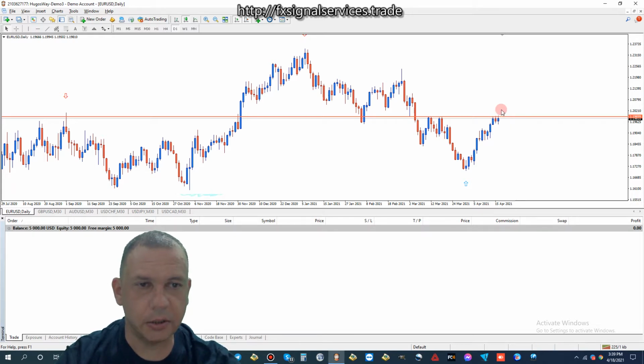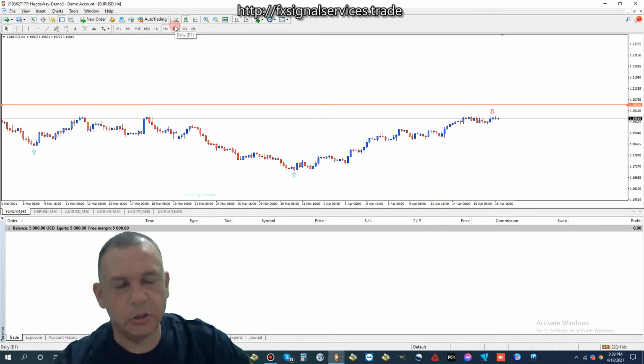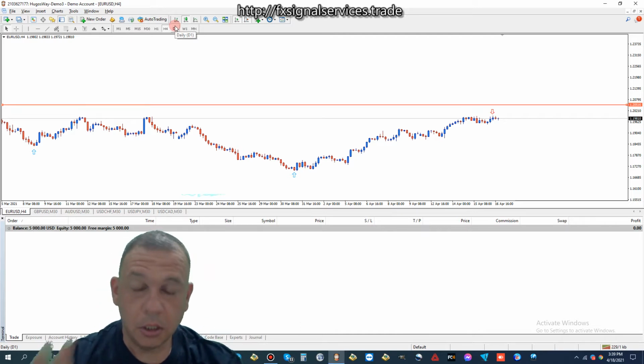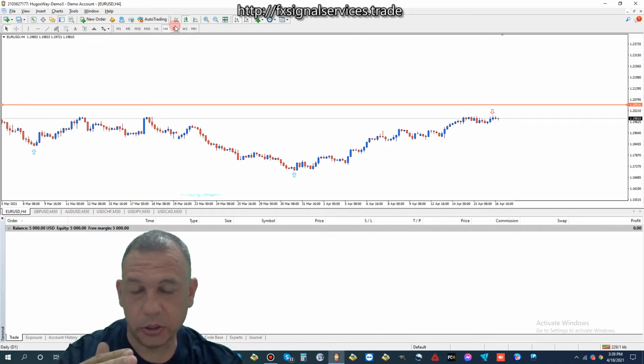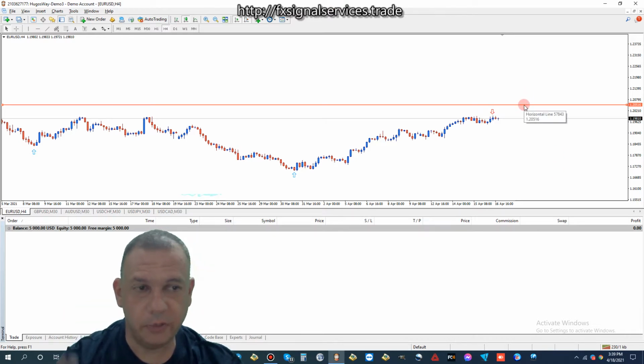If this breaks and goes higher, it will probably go to right about here, because this price had dropped here and formed a support, which is also a resistance. So you could look for the price to go here, but I highly doubt it. Like I said, the 4-hour chart shows the drop. Now, there's always the possibility that on the 4-hour chart it could go higher and form another red arrow, a second red arrow, even higher. So that is a very strong possibility.